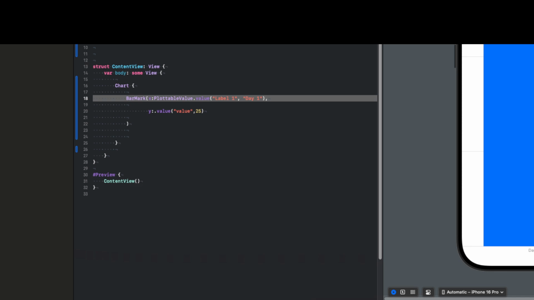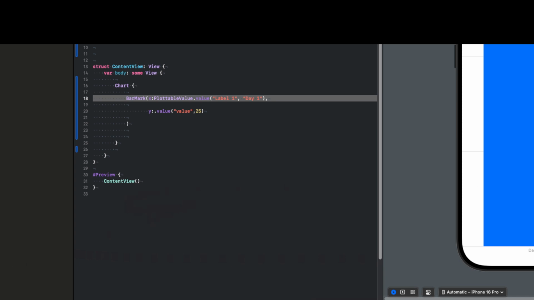Also, this is a category, right? Remember, bar graphs are used for category. So this is entirely how much the day one category is. And then label. So this is going to have a label that's